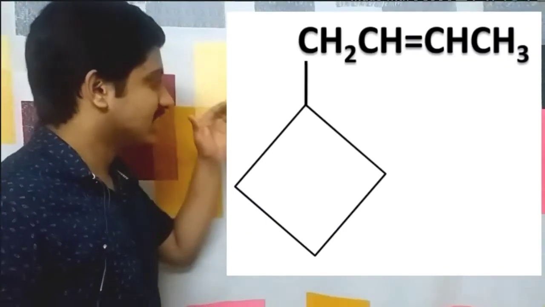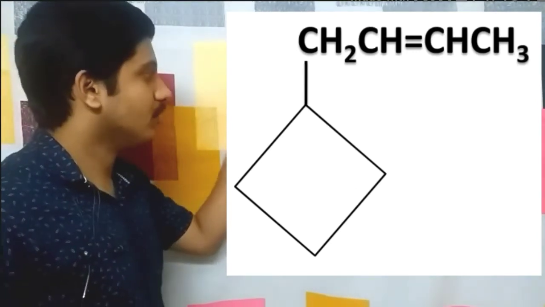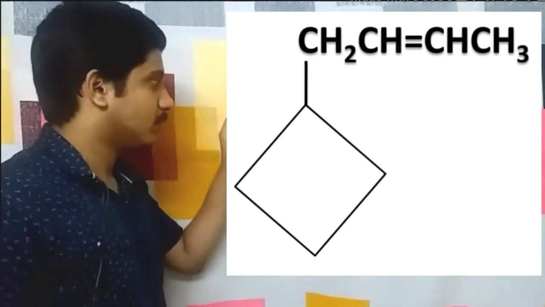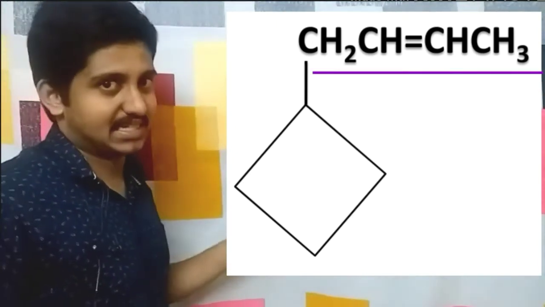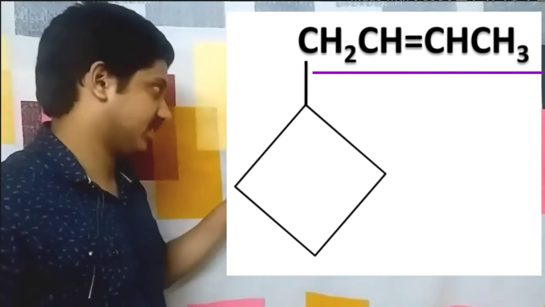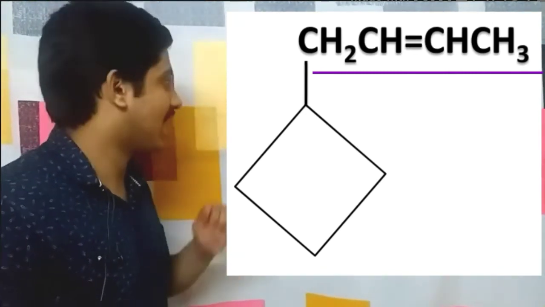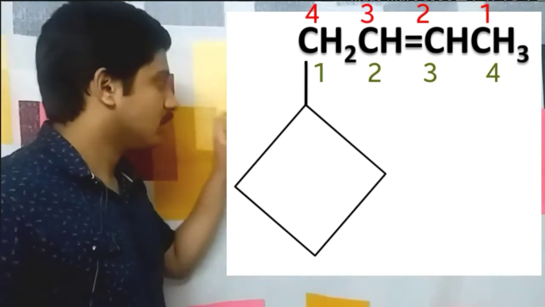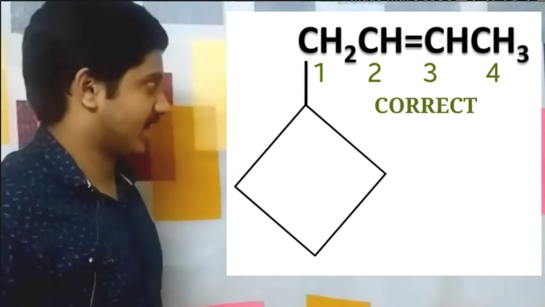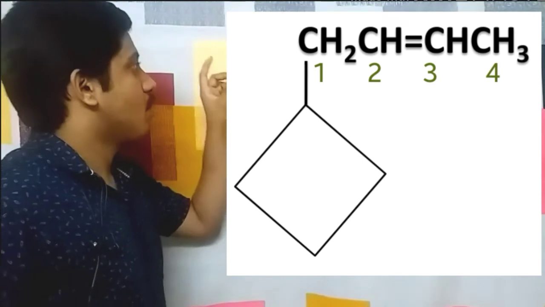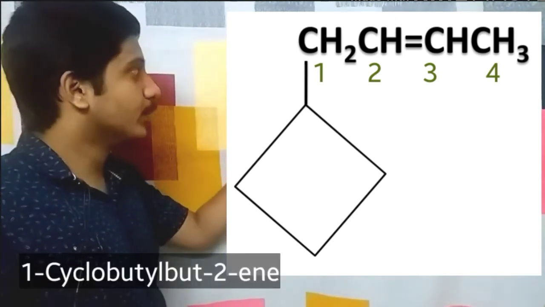You can see that we have a cyclobutane and also an aliphatic chain containing 4 carbon atoms with a double bond. So that aliphatic chain has to be given more importance. It is taken as the parent chain, and we have to follow the lowest locant rule and then name the compound. According to the lowest locant rule, which one is correct? The first order of numbering is correct. So we can name it as 1-cyclobut-2-ene.